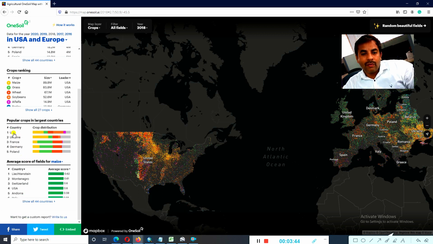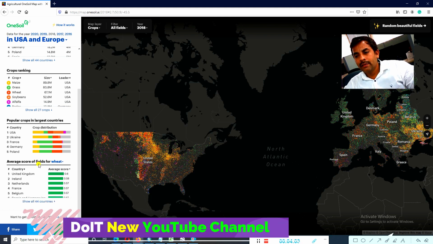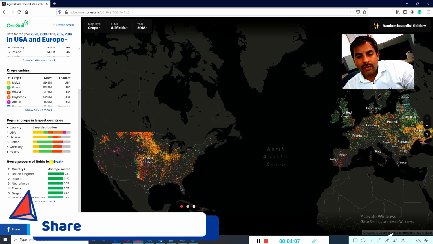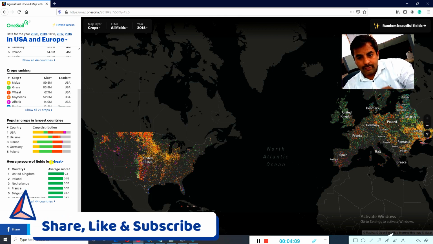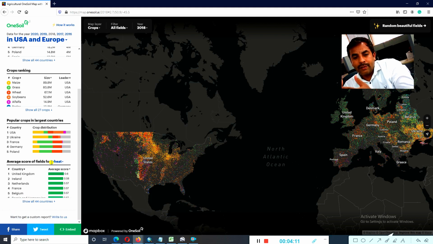Number one crop-cultivating countries are USA, Ukraine, France, Germany, Poland, and then the average score of the field for the maize crop. You can select grass, you can select wheat, as you choose. We look at the exact condition of how many types of crops are cultivated by these 43 countries.